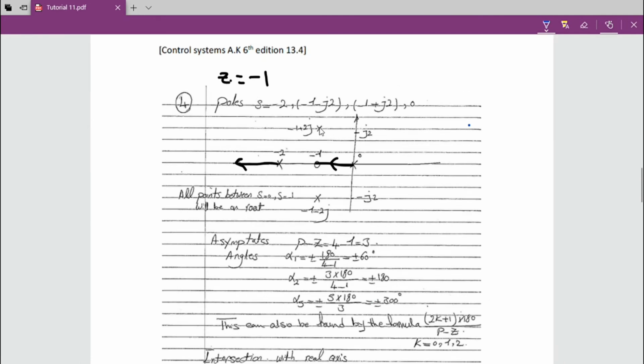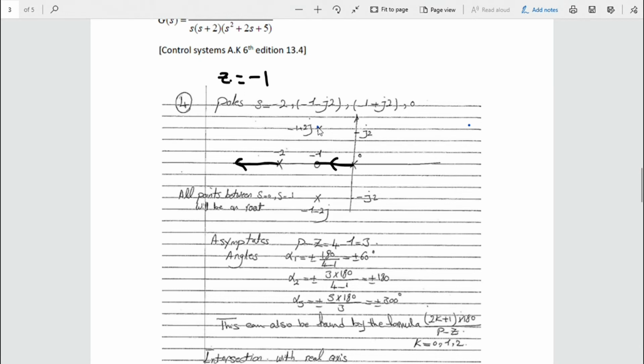The sum of these angles will be equal to 180 degrees or negative 180 degrees, either way, whatever you take. All the angles of a pole will be negative, and all the angles of a zero will be positive. If we take the angle of departure over here as x,